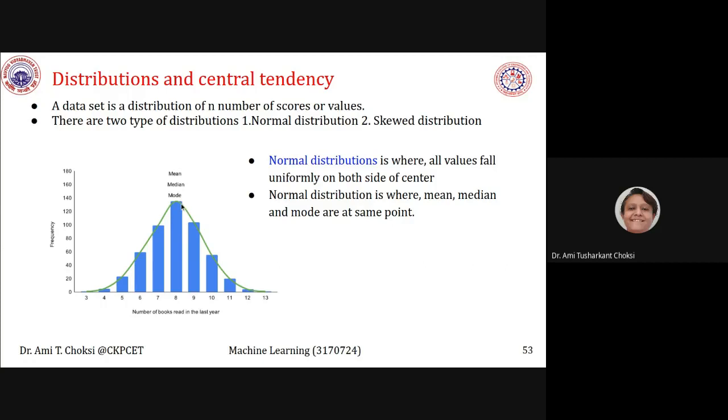And on both sides, see this line at 8, this bar, on the left hand side and right hand side, both ways we can see the uniform distribution, right? That is, from the center, on both sides we can see uniform values falling. So in such a distribution, mean, median and mode, all three are at the same place, that is at the same point.